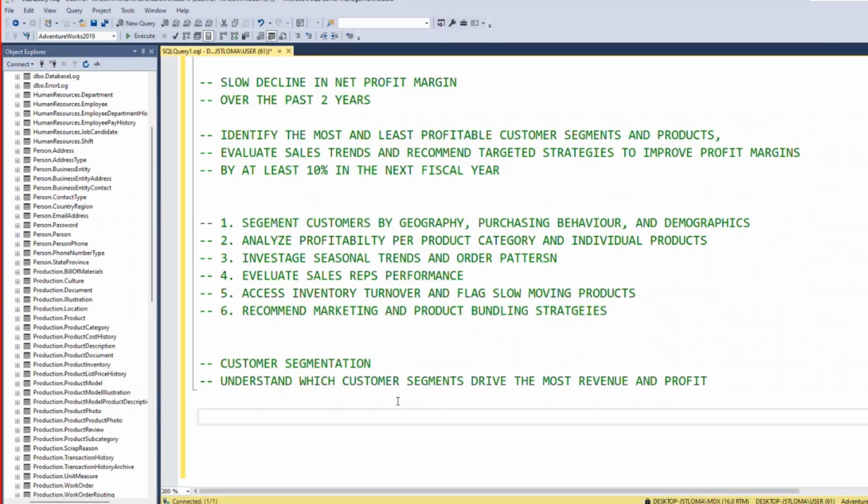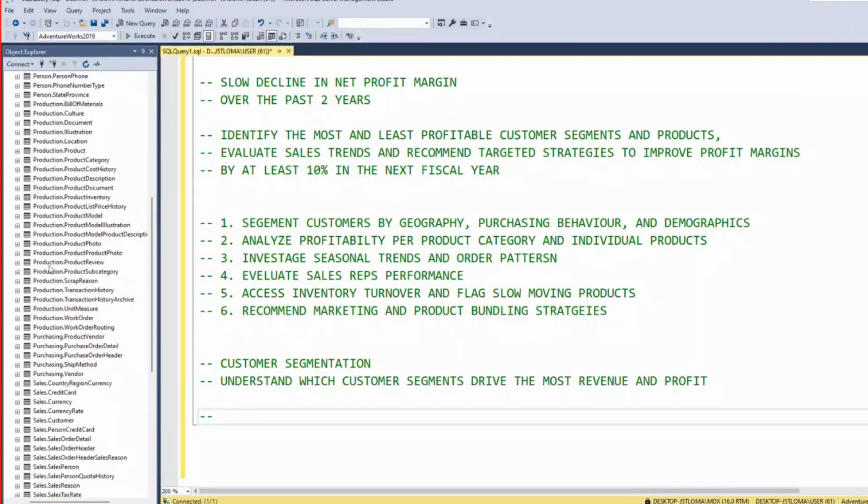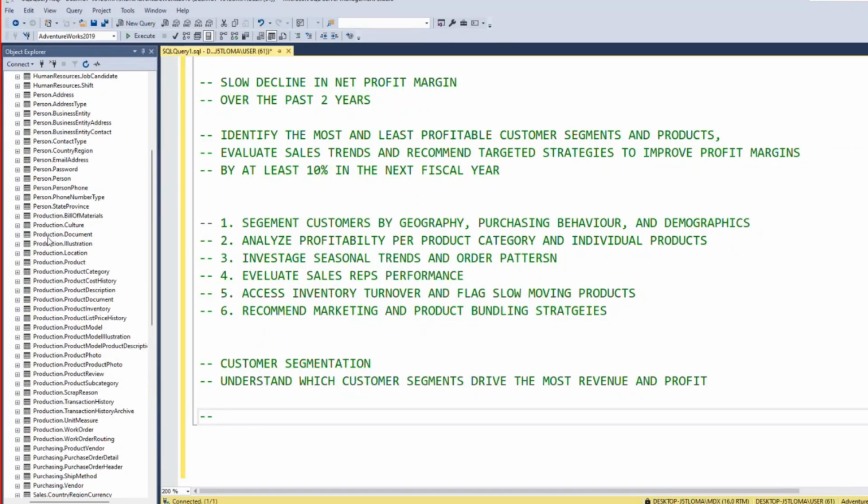Okay, good. So if we want to do customer segmentation, then obviously you know that we need a table that is called customers, a table that is called a person, address, or whatever it is. Well, no problem. So I think we also need to perform an analysis that is called RFM analysis. RFM analysis basically means recency, frequency, and monetary